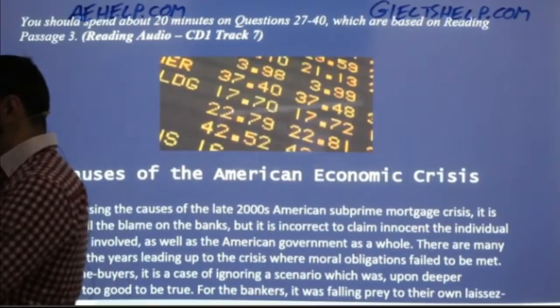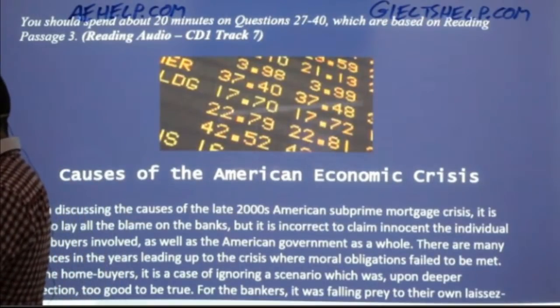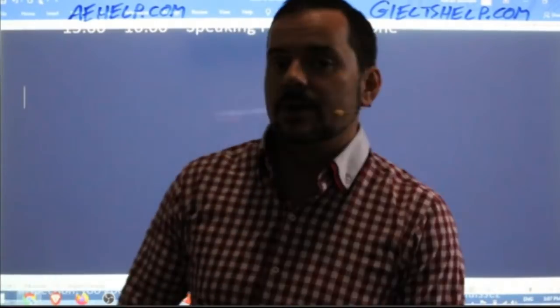Okay, so before we look at the questions in the passage more, just a couple of important notes on what's important to score a band 9. So, some students are like, I want to get a band 9 on IELTS. I think I can. I have good English. I think I can get a band 9. Okay, so what's important for getting a band 9?